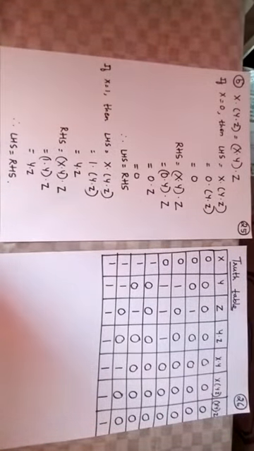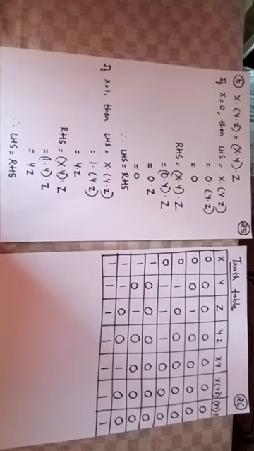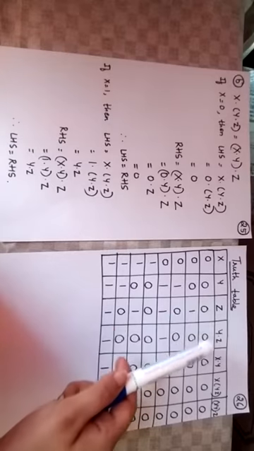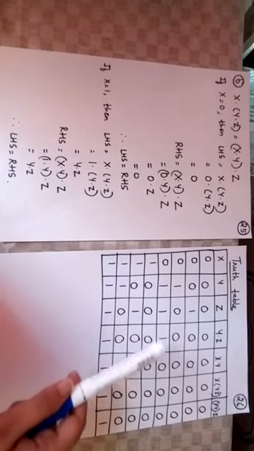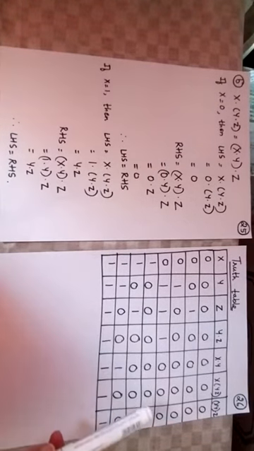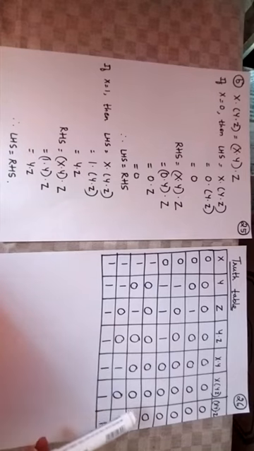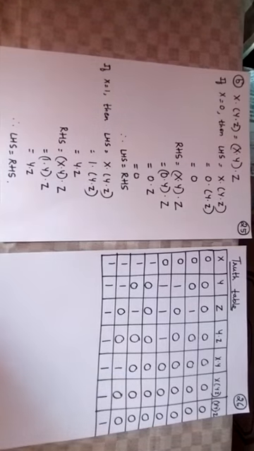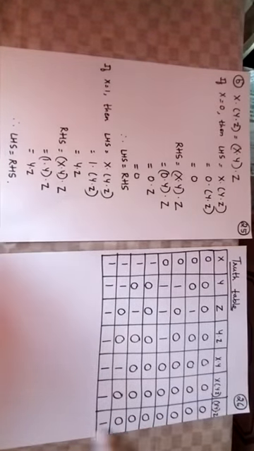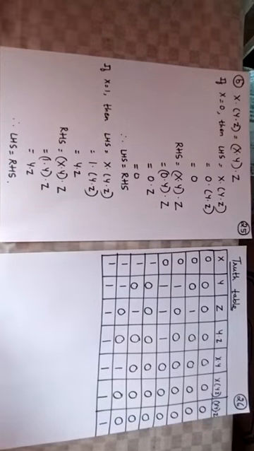Fine. Next, moving to the right hand side value. It says x · (y · z). So I have to take the x column and then the y · z column and perform the AND operation. Let's see the results. 0, 0, it is 0. 1, 0, 0. 0, 0, it is again 0. 1, 0 results in 0. 0 and 0 results in 0. 1 and 0 results in 0. 0, 1 results in 0. 1 and 1 results in 1. Now compare the values of both these columns. They are the same. Since these 2 columns are identical, hence the theorem is proved. So this is how we are going to prove